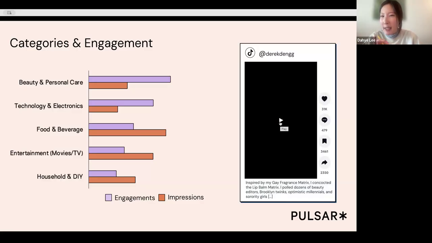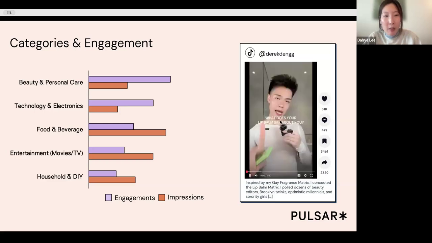So our hypothesis is that these sectors perform so strongly because product reviews have a long cultural history there, and audiences also expect to engage, but they do so in really distinct ways. So I want to share some great examples here, especially from the beauty sector. Sal, if you could play How Gay Is Your Lip Balm?